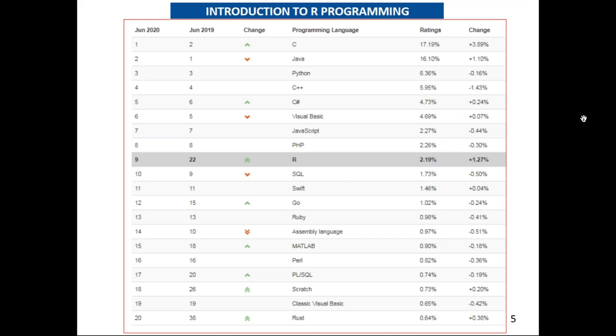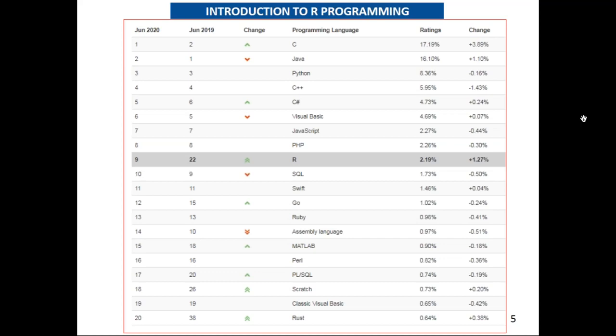The first language is the C programming language. Last year it was in second place, now it has moved to first place. Now you can see the popularity of C: 17.19% ratings, and a 3.89% increase in popularity, the difference between last time and this time.